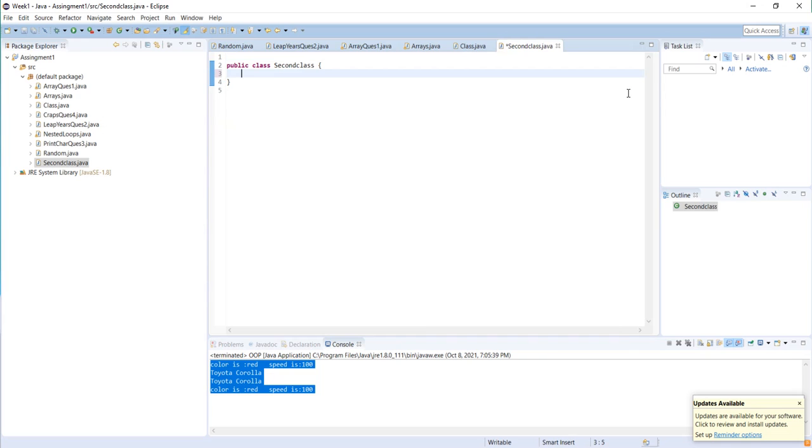In my second class, I'm gonna mention all the features I have for my car. So I'll go public int. Say I have speed, maximum up to 100 kilometers per hour. I can just remove static for now.